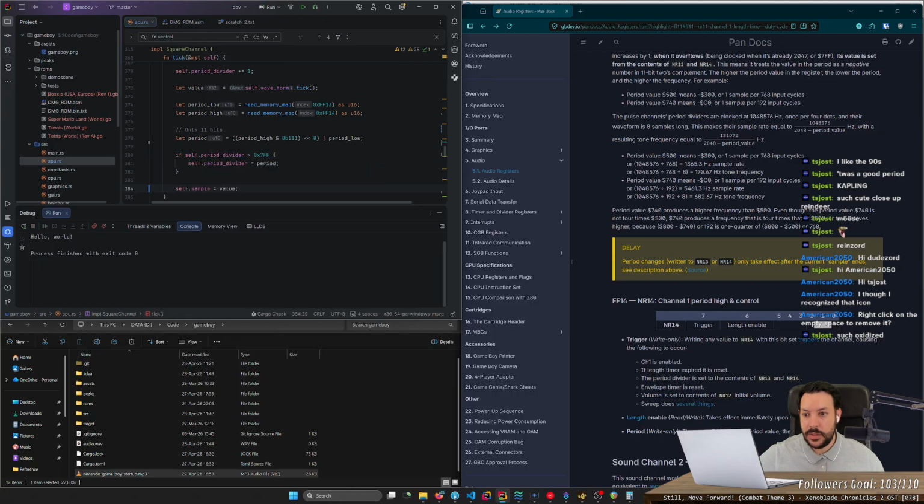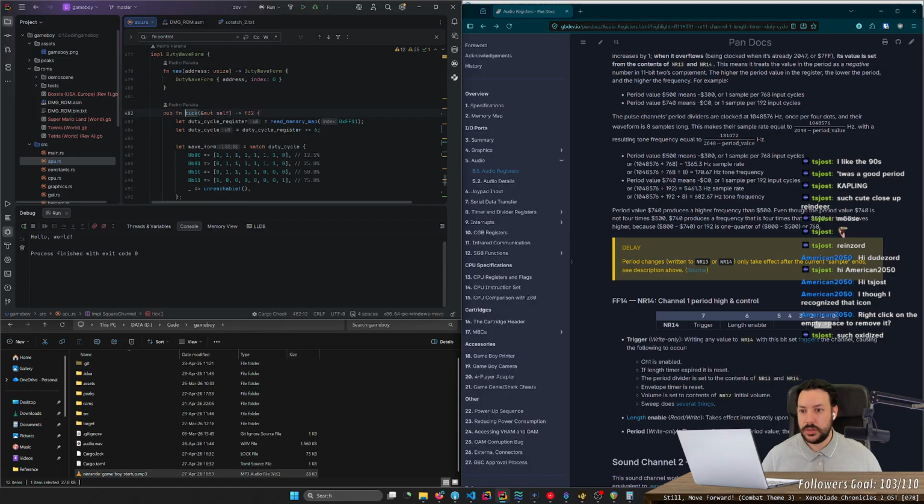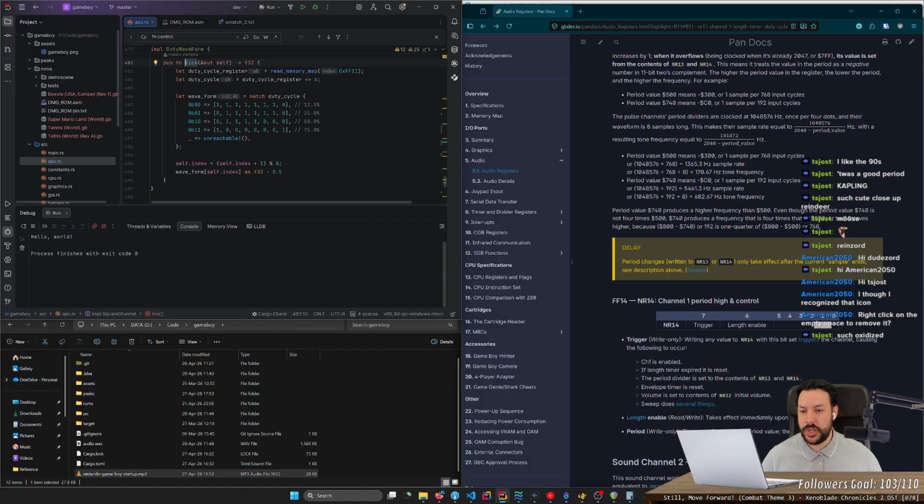Okay. So does this mean that I should only tick the waveform here whenever I do this? Like, should I only move the waveform here once? Because I'm doing the tick here. So on every tick I'm generating this waveform. Not generating, but every tick I'm incrementing the internal index.